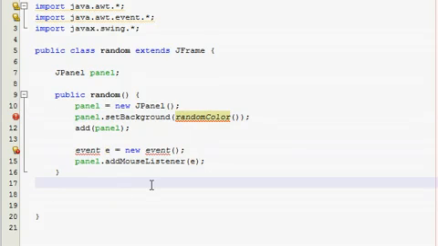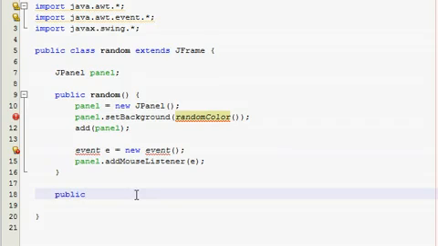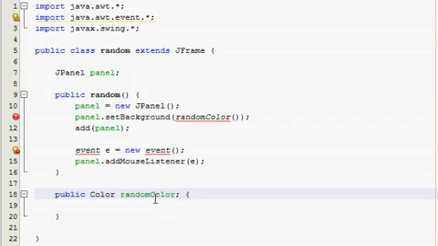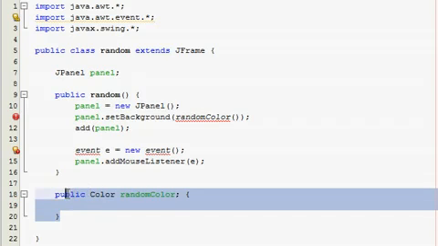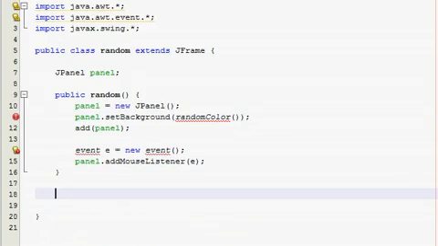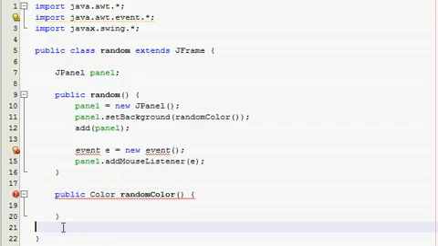So, public Color randomColor. What the heck? I gotta go back to the one I already made. Public Color randomColor. Alright, so it's giving us an error because we haven't made the return statement yet, but